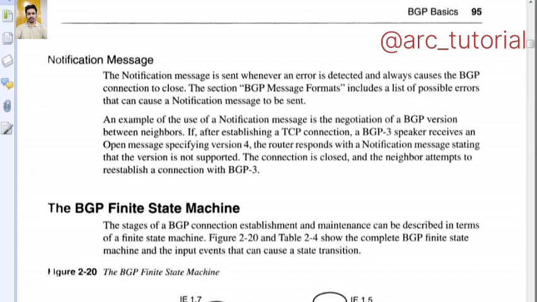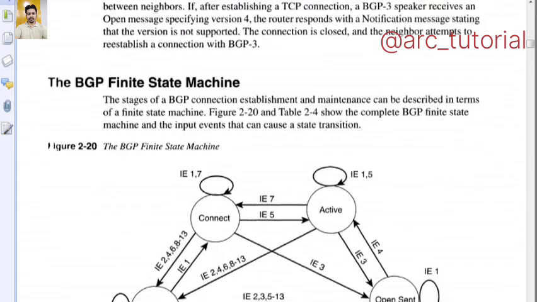An example of the use of the negotiation notification message is the negotiation of BGP version between neighbors. If, after establishing a TCP connection, a BGP3 speaker receives an open message specifying BGP version 4, the router responds with a notification message stating that the version is not supported. The connection is closed and the neighbor